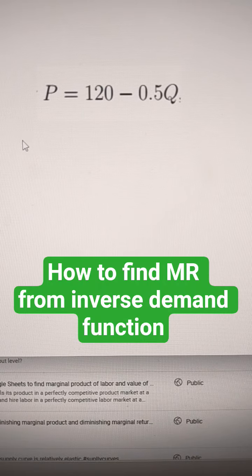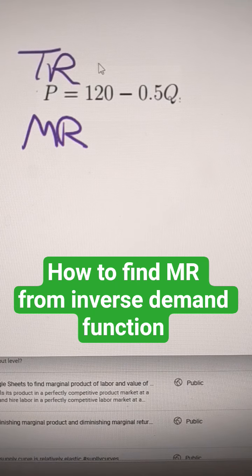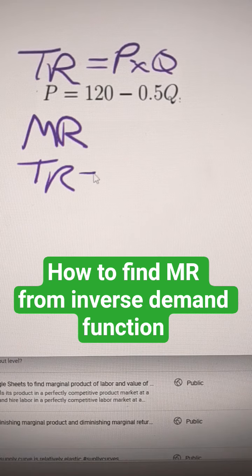If you want to get marginal revenue from your inverse demand function, we just need to take the partial derivative with respect to Q of the total revenue function. So total revenue is price times quantity. So we've got price here, and we're just going to multiply a quantity into it, and that gives us total revenue. So total revenue would be 120